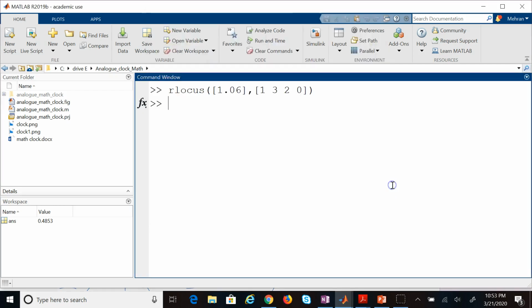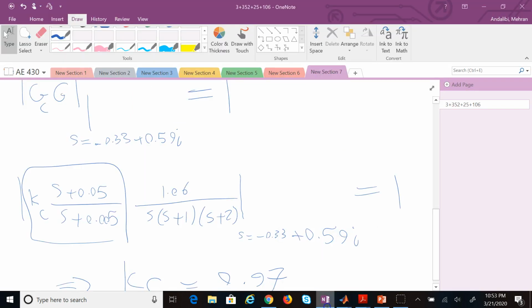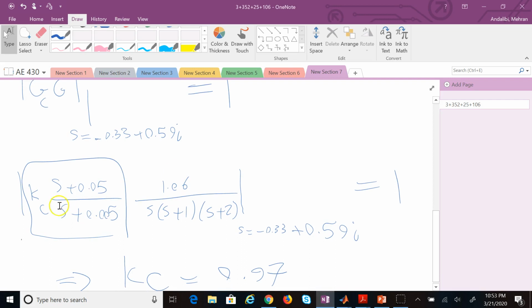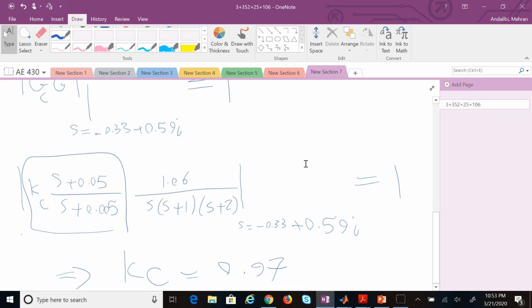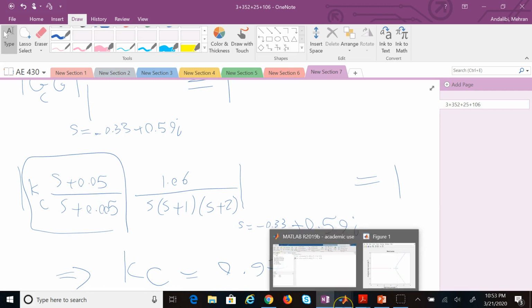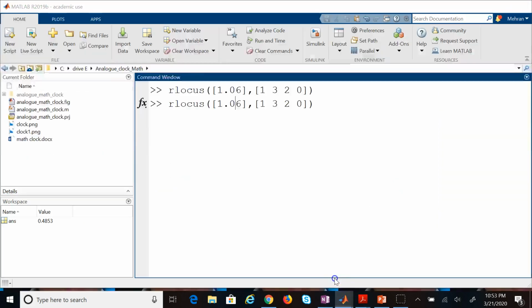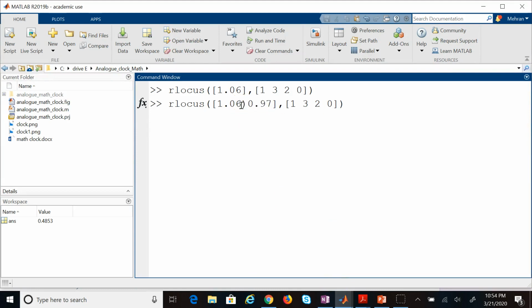Now what I want to do is the root locus of this new one. So that one multiplied by this, right? 0.97 and then the pole and the 0. So I multiply that gain by 0.97 and then again multiplied by, that's times S, and then that's times 0.05. So this one and this one,